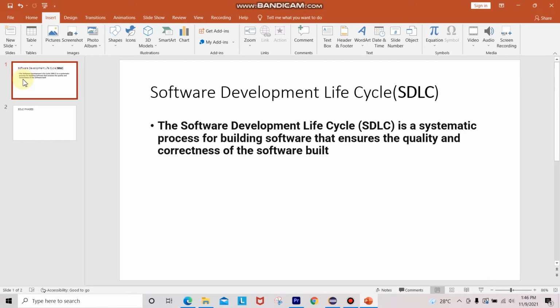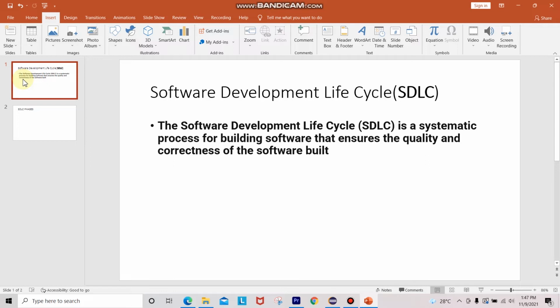Today I am going to tell you about the software development lifecycle. What is the software development lifecycle, and what are all the phases we have in it? We can call it by a shorter name, SDLC. It's a very important concept in software testing, both for interview questions as well as for real-time scenarios.